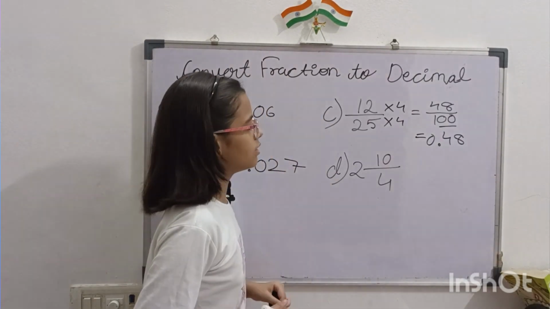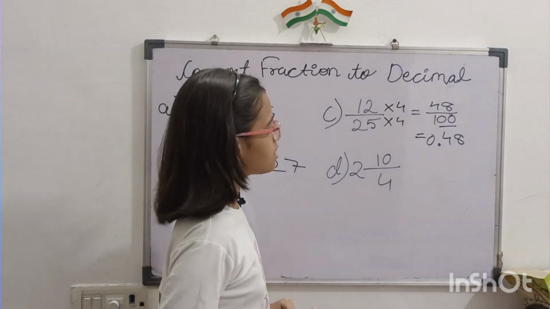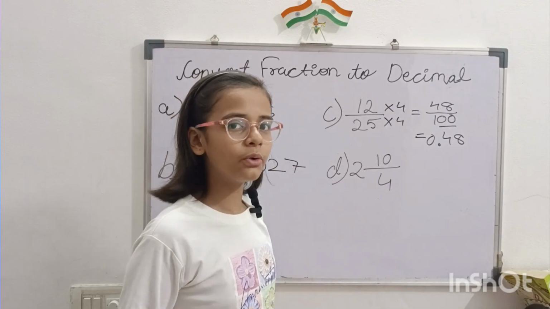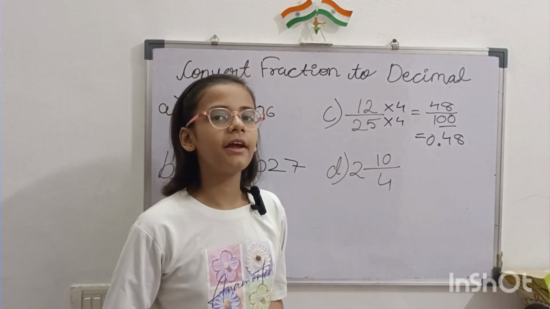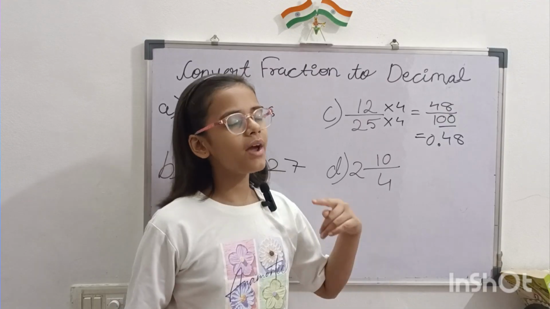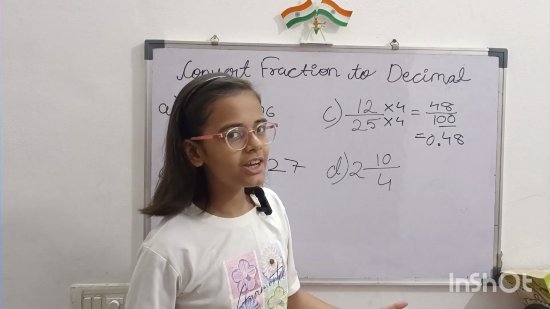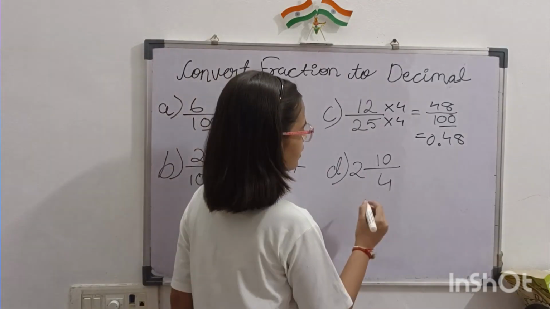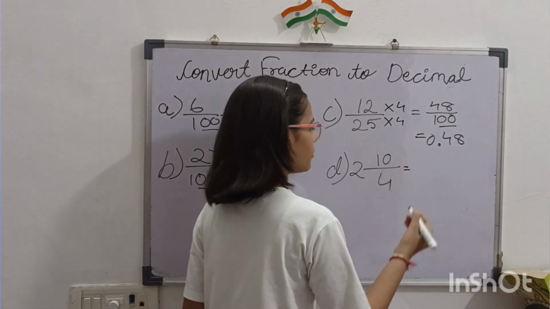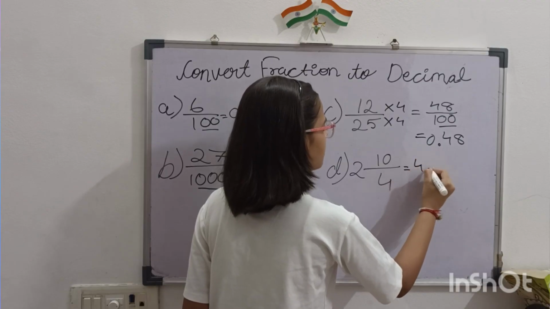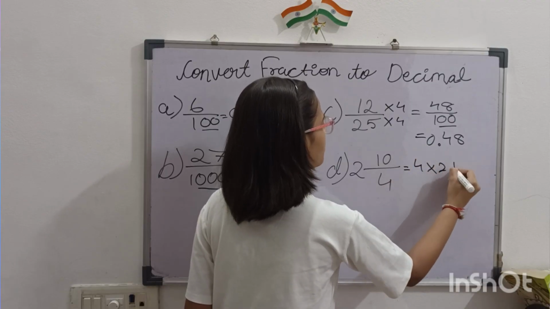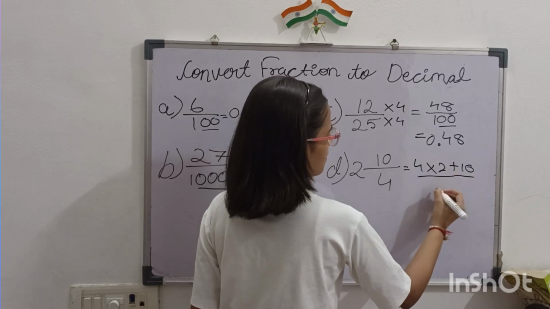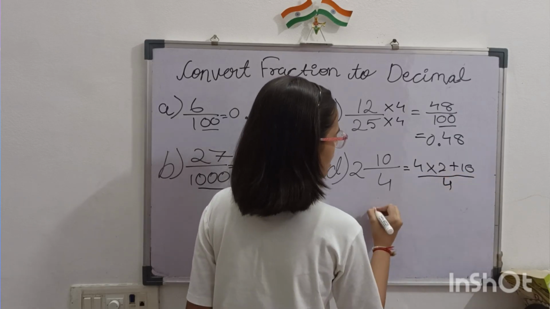Now our fourth fraction is 2 and 10 by 4. Now it's a mixed fraction. So what to do? First we have to convert it into an improper fraction. Then we have to convert it into a decimal fraction, and then into a decimal. So first, how to convert it into an improper fraction? We have to multiply 4 by 2 plus 10 by 4. So our answer is